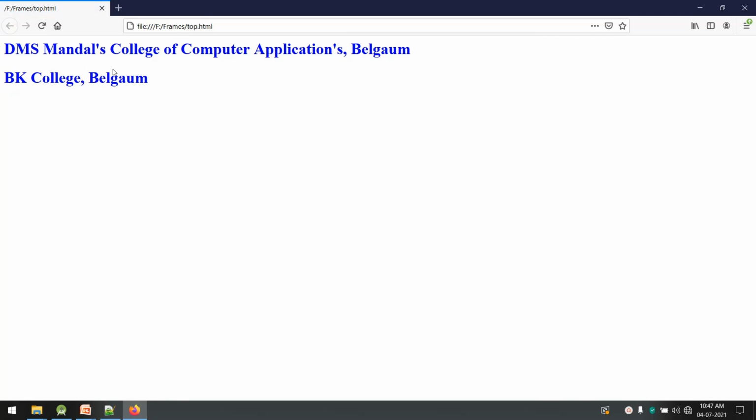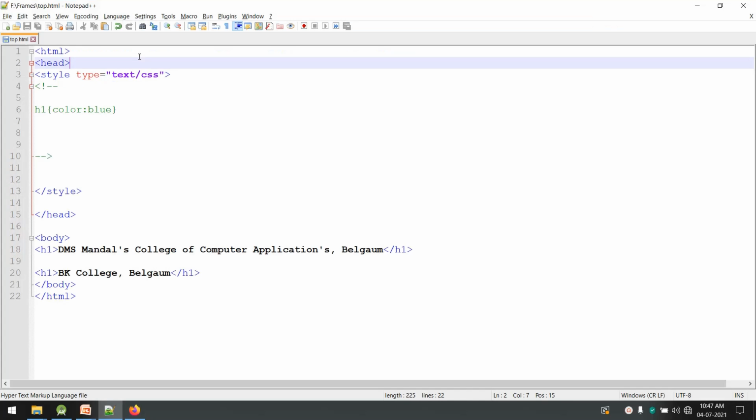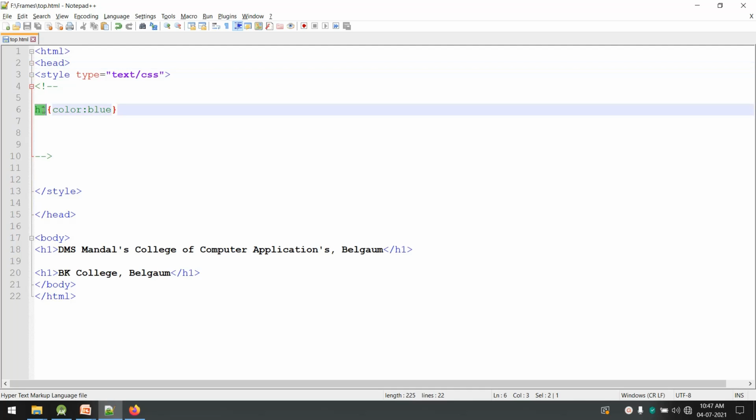Now you can see the blue color has been applied, and this is applied to both the h1 tags, unlike the inline style sheet, where it is applied only to the tag where the inline style appears. But in the case of a document level style sheet, it applies to all the selectors in the document. I have declared h1, which means it will be applied to all the h1s in the document, not to h2.